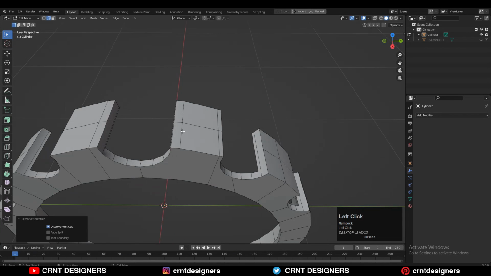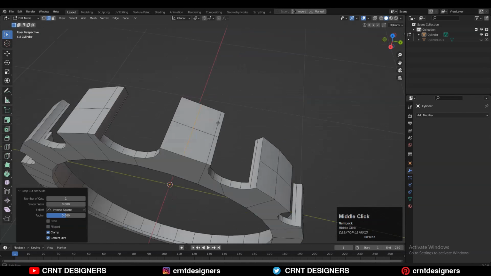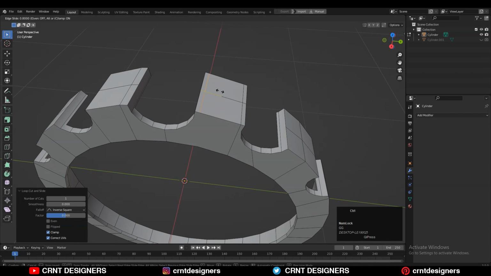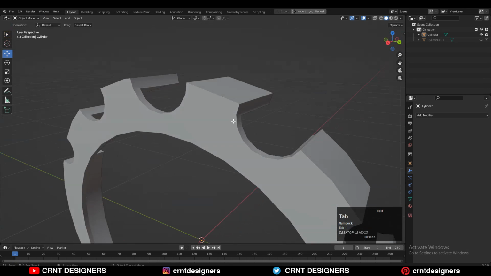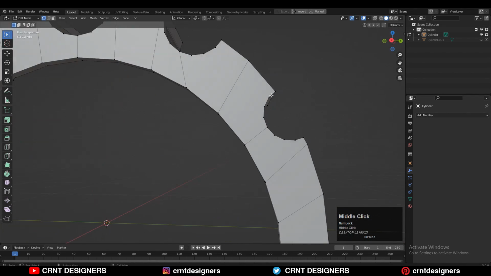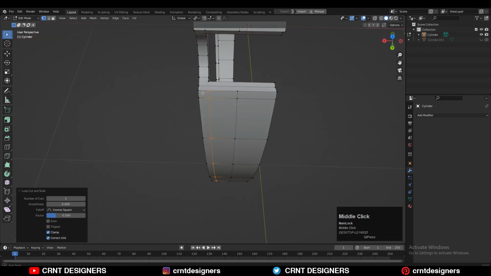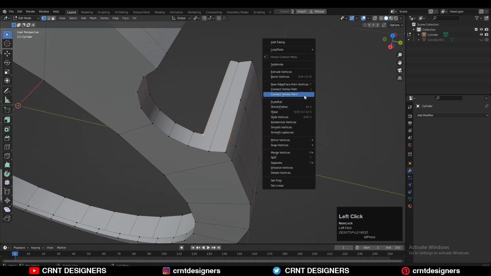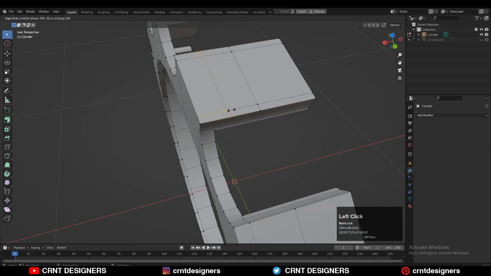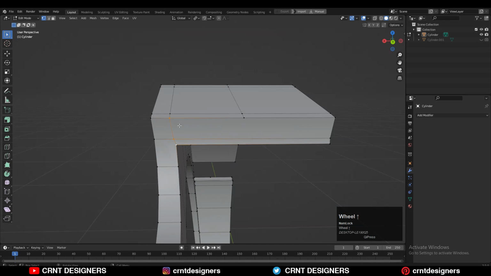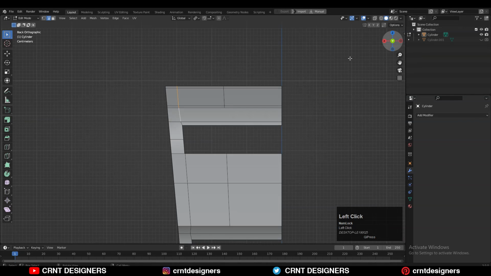Just try to figure out the right way to create the topology, because when you will try to create the right topology for the model, start with the simple steps. Just try to figure out from where you can start and where you can solve that topological problem. So here I can understand that I need to add the supportive loop structure. So that's why you can add the loop cuts like this and you can connect the verts, right click connect vertex path, and because I don't want those n-gons at there. So it is very simple that you need to create quads. So that's why you need to add the loop cuts at here.